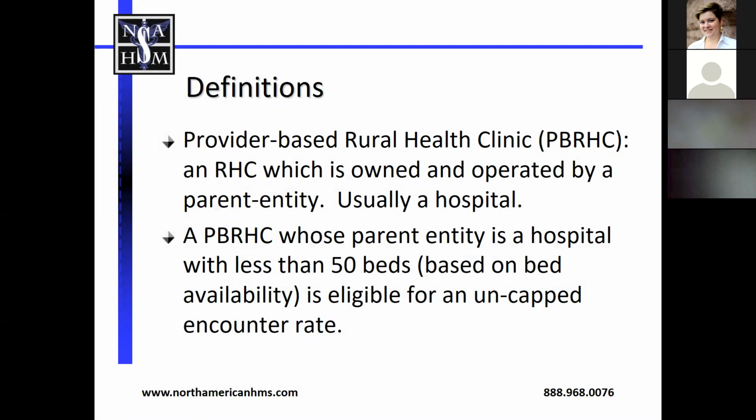And ultimately then, what is a provider-based rural health clinic? I think that out of the box, the term provider-based confuses a lot of us, so that we infer provider-based really not being hospital-owned, but provider-based refers to a hospital-owned entity. So our provider-based rural health clinics are those that are owned and operated by a parent entity, usually a hospital. Now, other entity types can own provider-based rural health clinics, but only a provider-based rural health clinic whose parent entity is a hospital